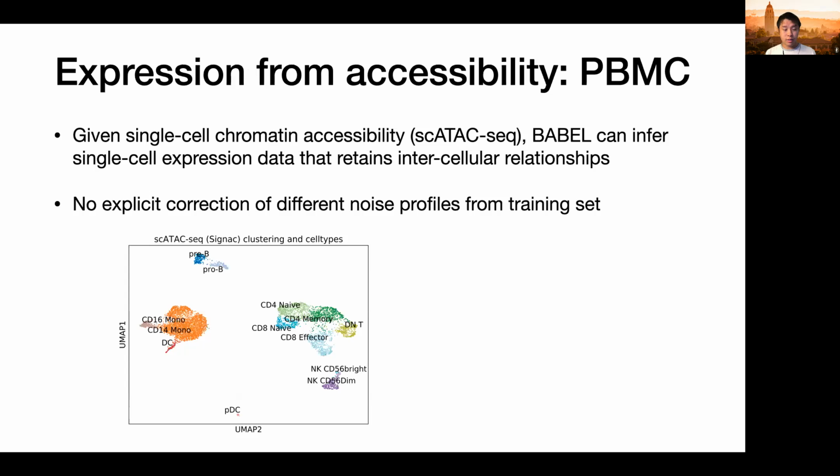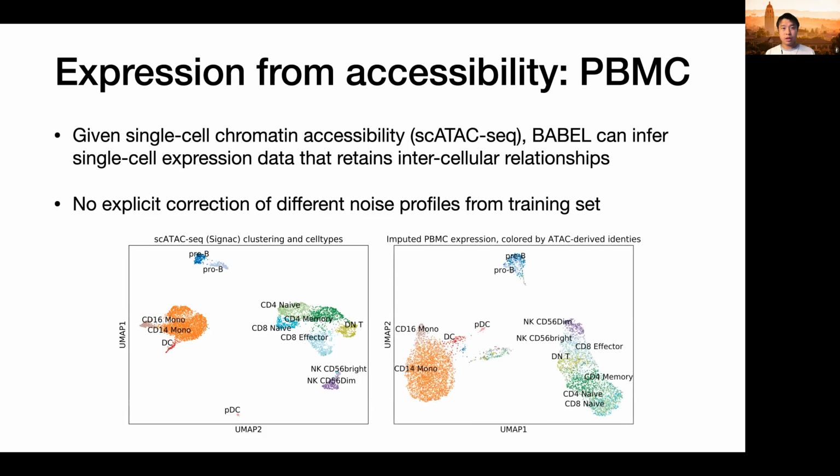To demonstrate this, we trained BABEL on a set of human cells and applied it to a set of peripheral blood mononuclear cells, or PBMCs, profiled using just single-cell ATAC-seq. The UMAP plot on the left shows the various cell types in this tissue sample. We then use BABEL to infer single-cell expression, and again use UMAP to visualize BABEL's imputations, shown here on the